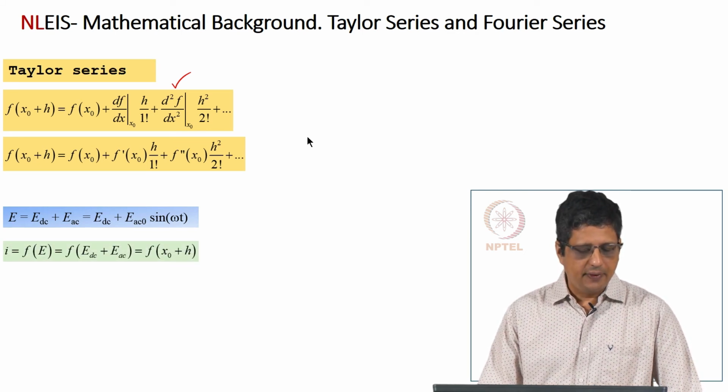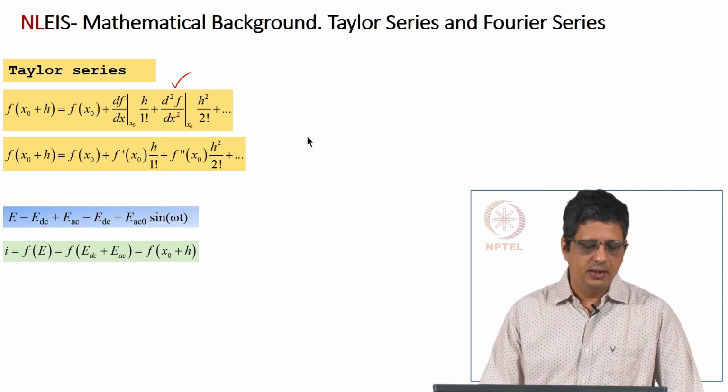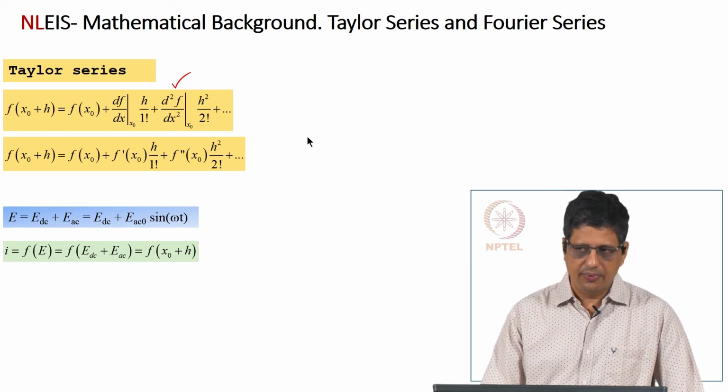Instead of looking at x 0 and h, we will look at E. X 0 equivalent will be EDC, h equivalent is EAC. Now, I can write current as a function of potential, and I would write it as f of EDC plus EAC, that is equivalent to writing it as f of x 0 plus h,